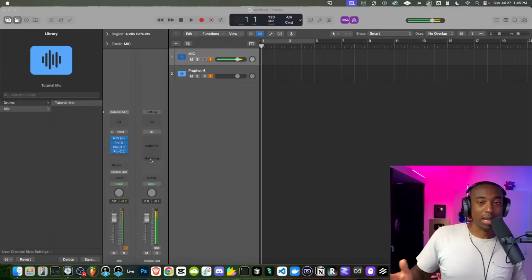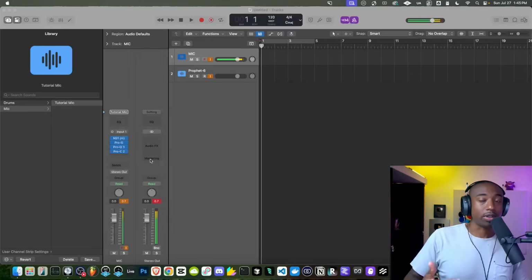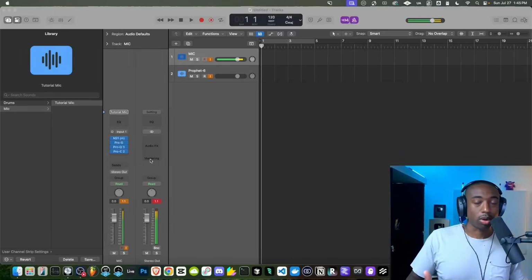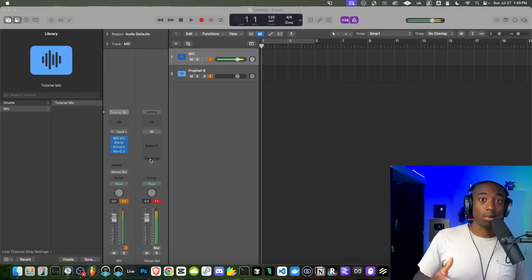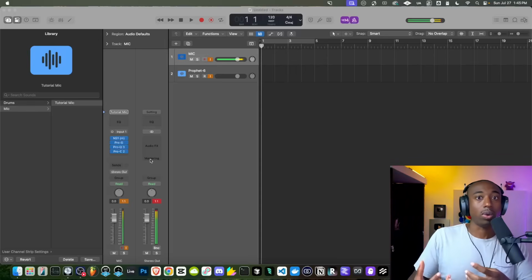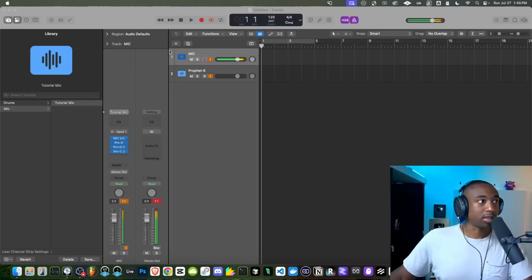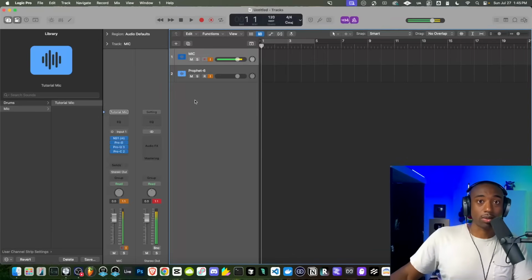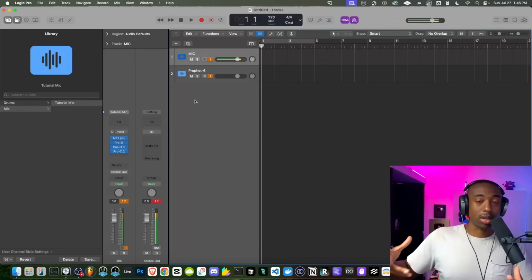So a lot of people have been asking me how I create the FL Studio workflow inside of Logic Pro. And you don't realize until you switch DAWs how important workflow is, because workflow determines your ability to create at will. So when I found out how to use Logic Pro in my same FL Studio workflow, it opened up so many new avenues on how to create.